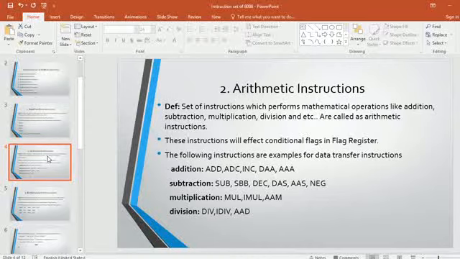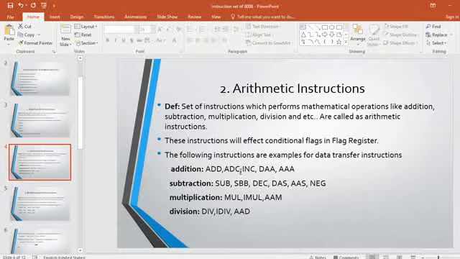If you go to the next kind of instructions, arithmetic instructions, again you explain the definition. After that you write certain rules and regulations, and after that you come across addition, subtraction, multiplication, and division. Okay, so in this set, you simply explain the ADD instruction with the example I explained during the instruction set: ADD destination comma source, which means destination equals destination plus source. After that you write that it is going to affect all the conditional flags. And you just take one example like ADD AL, BL, just like the previous one: AL equals AL plus BL. Okay, now.